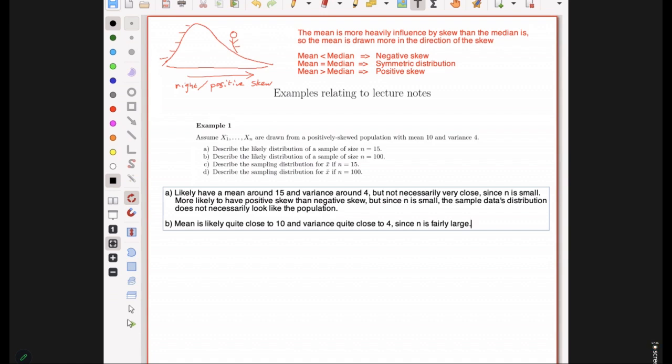So the larger our sample size, the more likely we are to see that mean and variance be approximately what the population is. And in terms of the shape, this distribution very likely has positive skew,